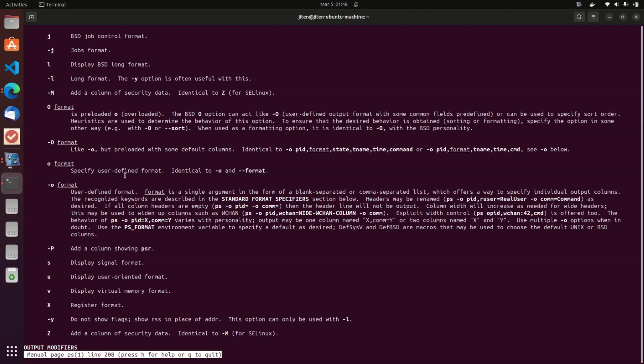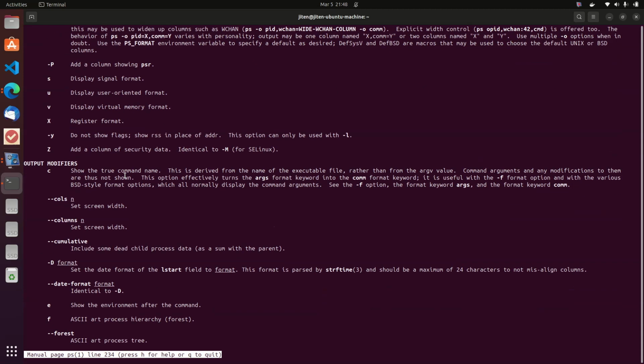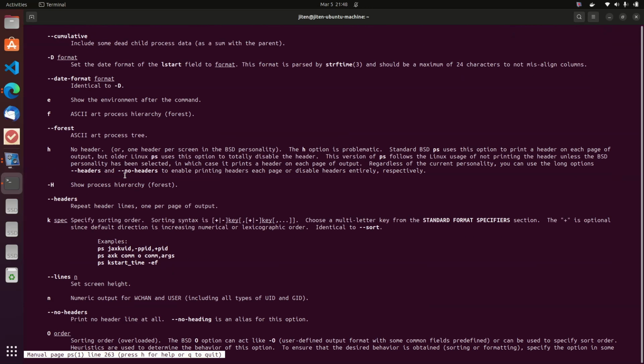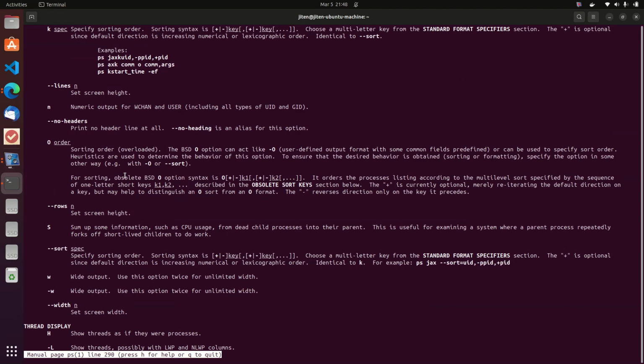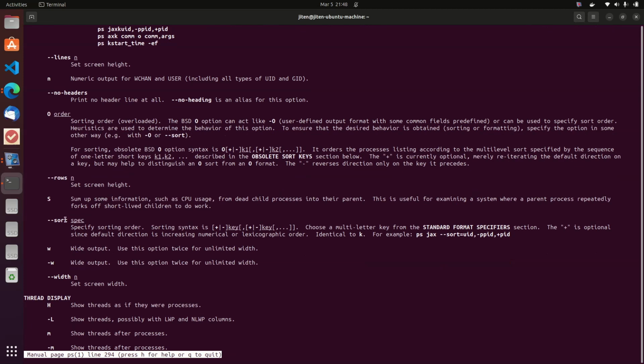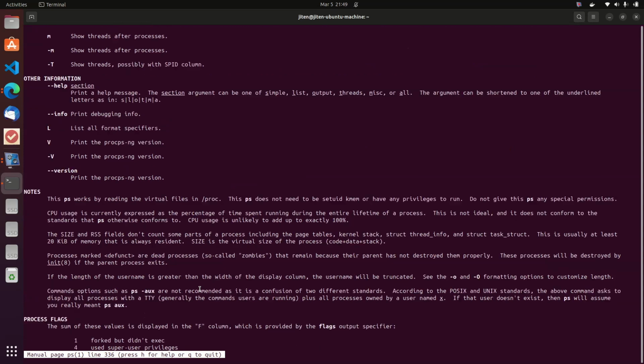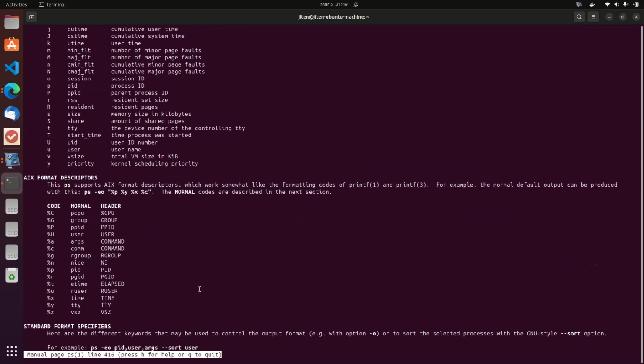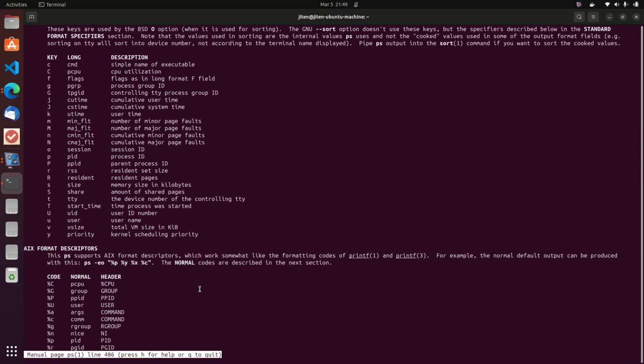You can show different formats, you can display the contents in different formats. This is a pretty heavy documentation. Sort, we were looking at sort earlier, right? We were looking at ppid sort, plus sort, optional hyphen, minus, and there are a lot of options. It's pretty difficult to remember all of them, but usually what I do is